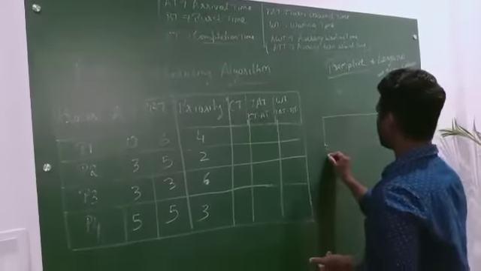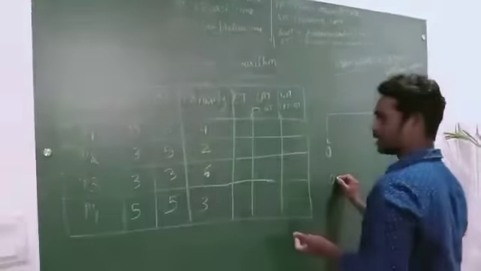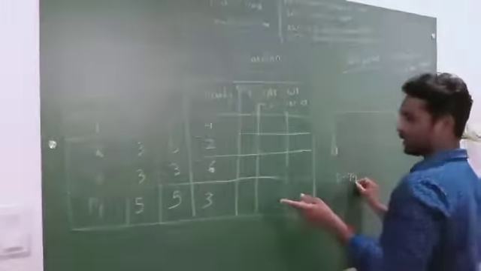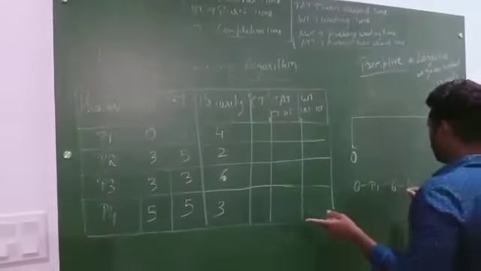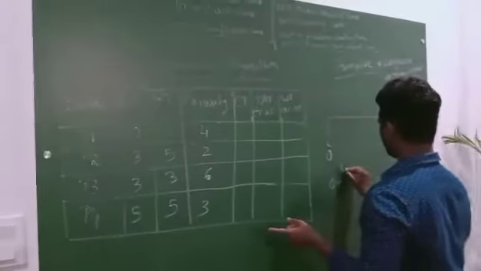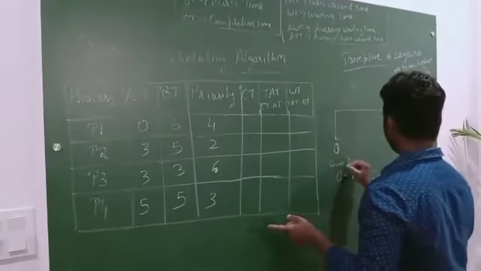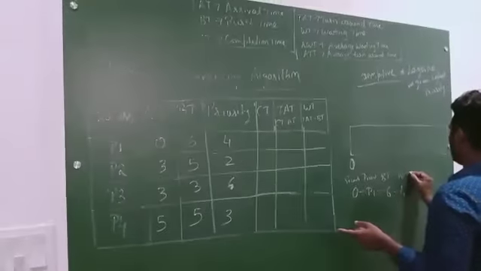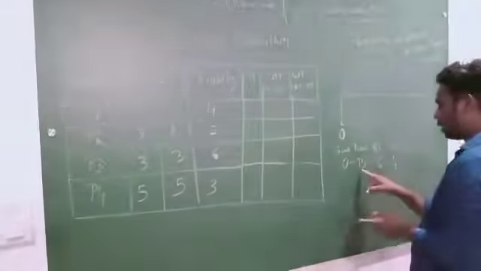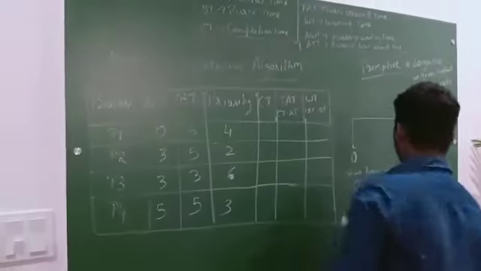At 0 second, which process can execute? P1 process can execute. It is having burst time of 6 and priority 4. So this is your process, this is your seconds, this is your burst time and this is your priority. Your P1 should execute how many seconds to make it 3 seconds?